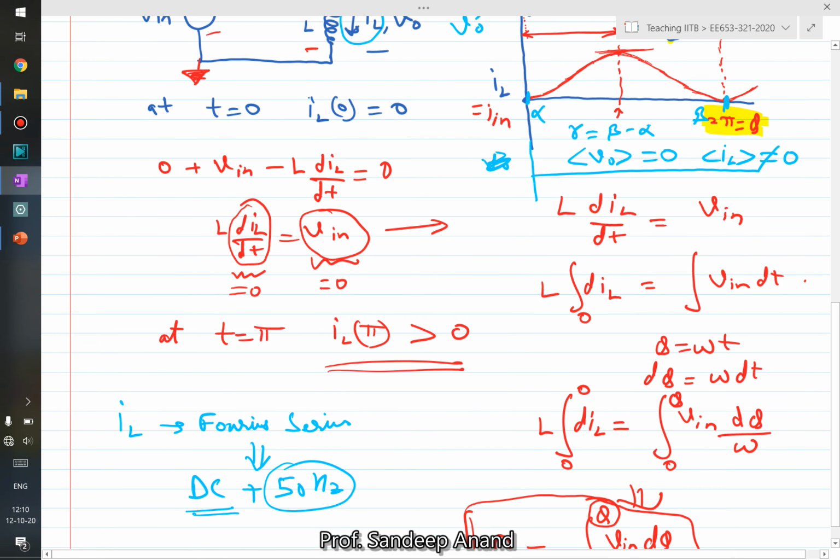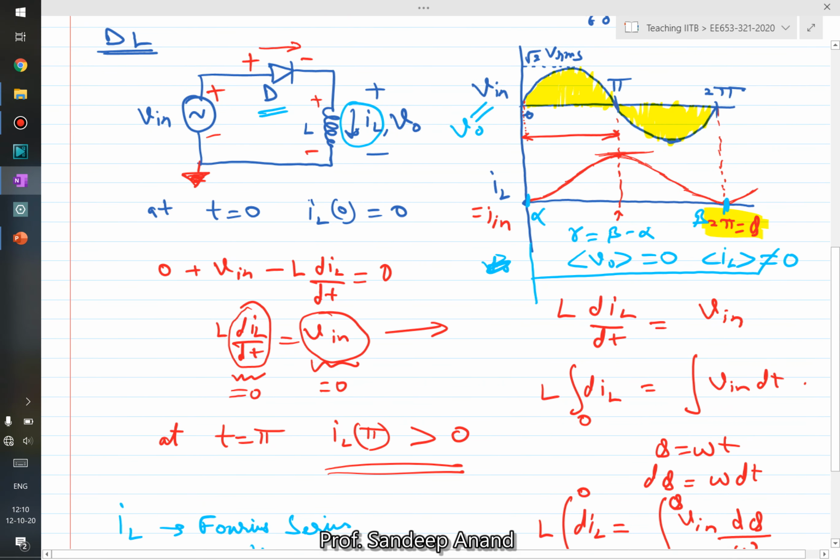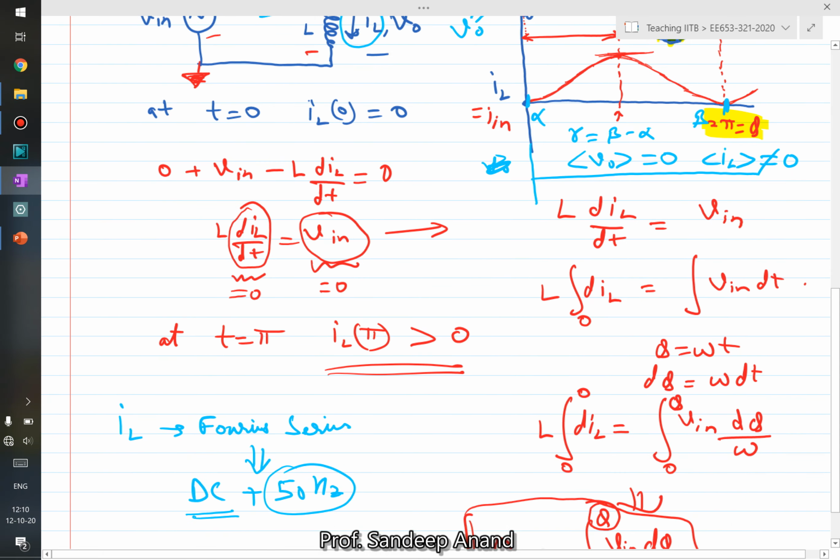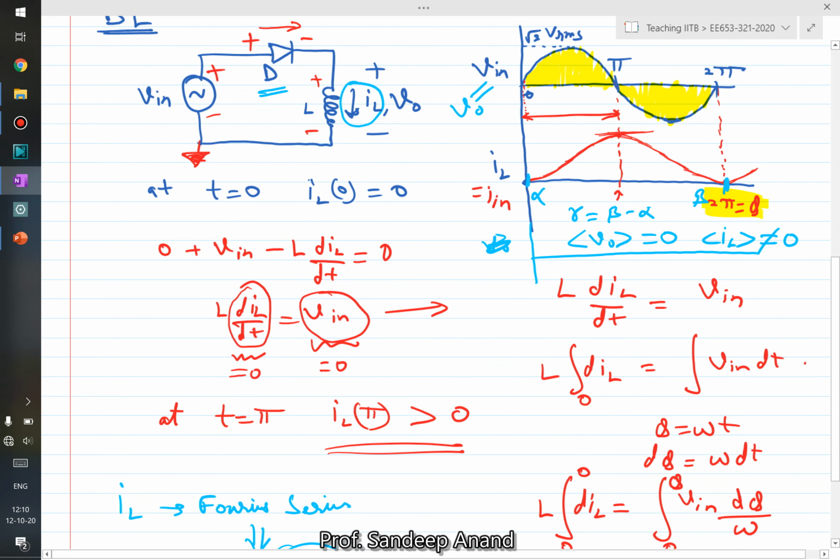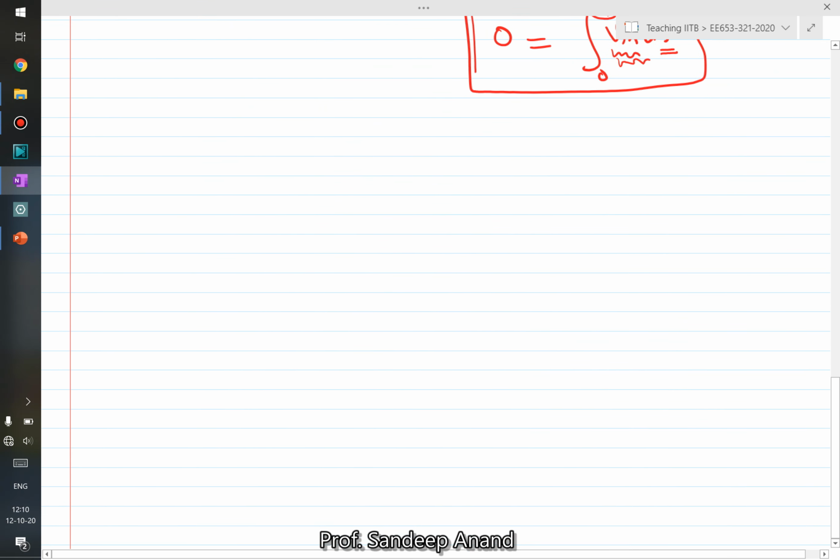Now let's see what happens, because practically having a pure inductor is not possible. Anytime you want to make an inductor, you would use some wires, and you would have a core, so there would be losses in the core, and the wire will have a resistance and so on. So in real life you always get a resistance in series with the inductor. Therefore, let's focus on our next circuit, which is a D-L-R kind of circuit, which has an input source, a diode rectifier D, a single diode, and now it has an R